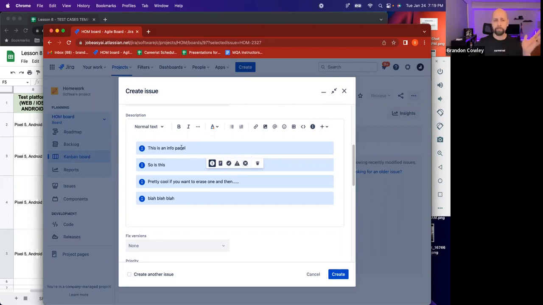So the way that I would write something out in reality, I would be description of what I want to find. And then these are your STRs, so your steps to reproduce. This one, maybe I'll change this to note. This can just be info. This would be my actual result.